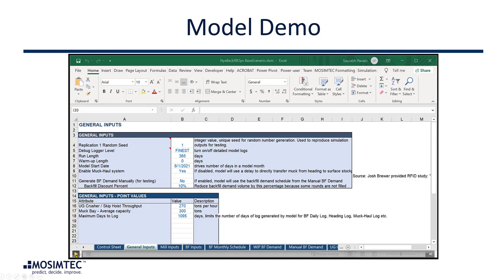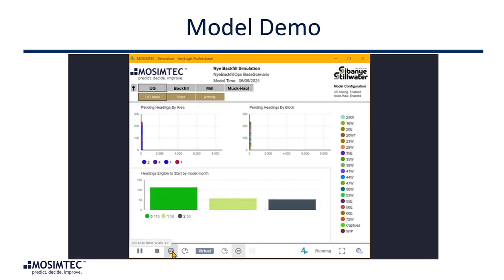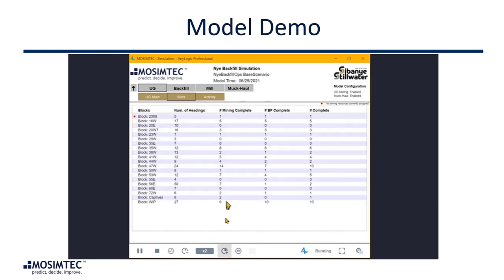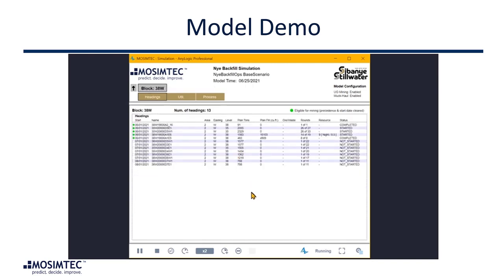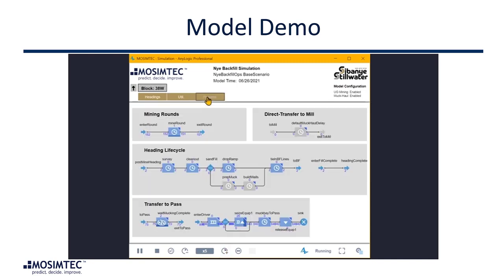Now we will demo the simulation model. This is the Excel front end. We can launch the model from Excel, watch the underground mining operations, the headings, the blocks, and within each block, monitor the status and mining rates. We can drill down to individual rounds, look at resource utilizations, and here's an example of the process